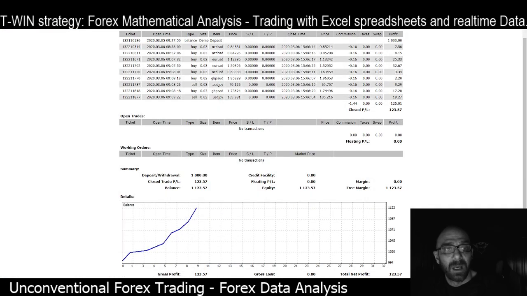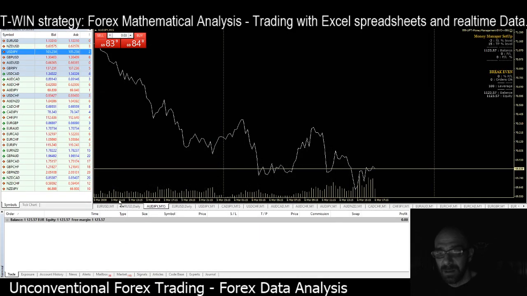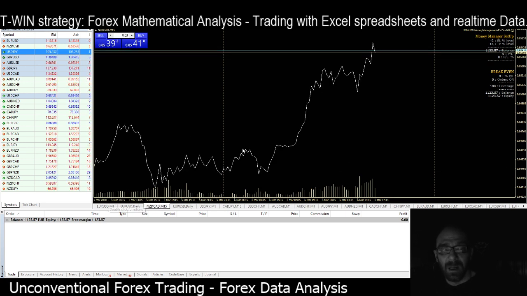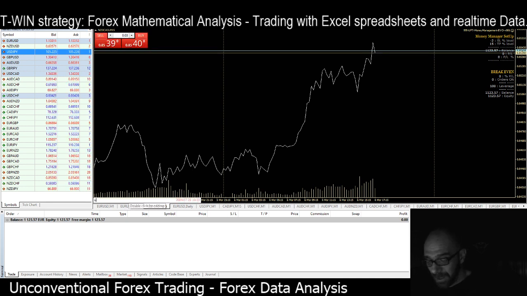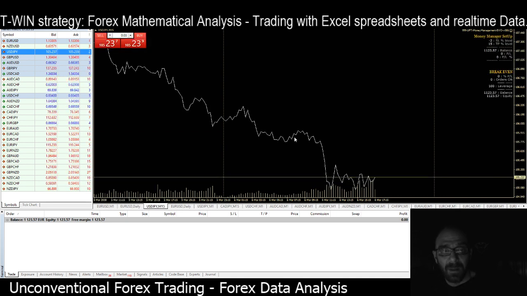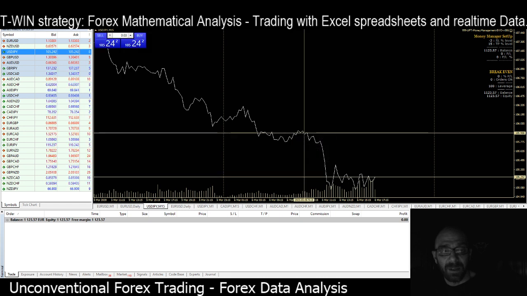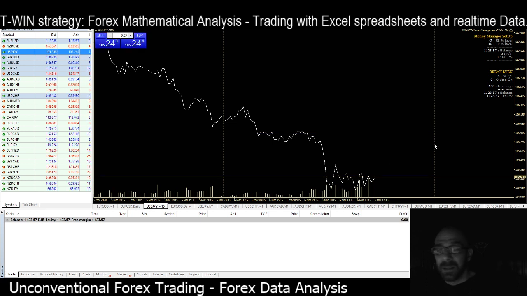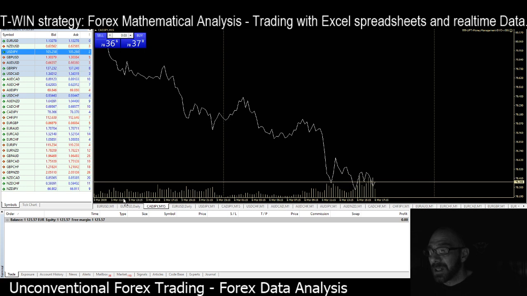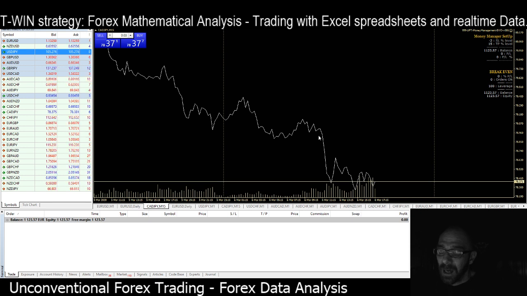What else did we get? USD Yen and Euro CAD. Okay, New Zealand dollar CAD. We saw that. NZD CAD. Okay, and USD Yen. I was about here, so I got 80 pips. And what I missed was the CAD in sell and Japanese Yen in buy, which was most similar, but I repeat,